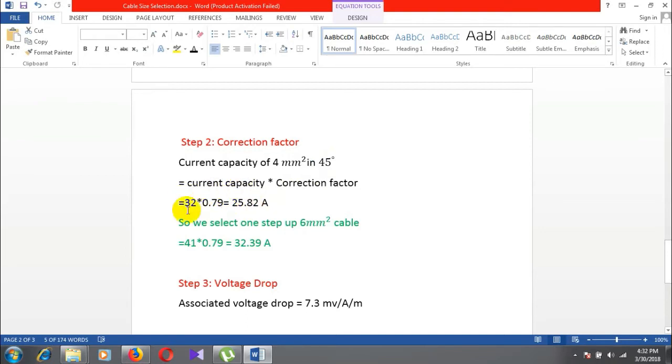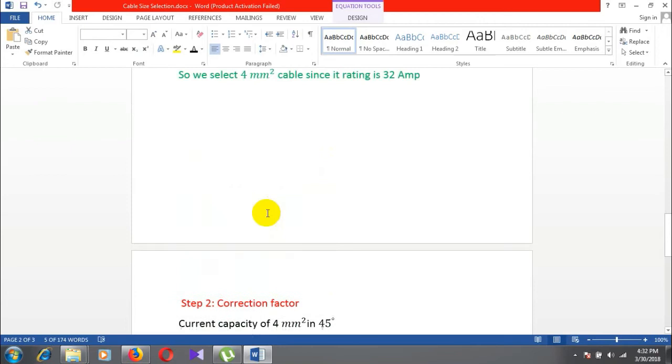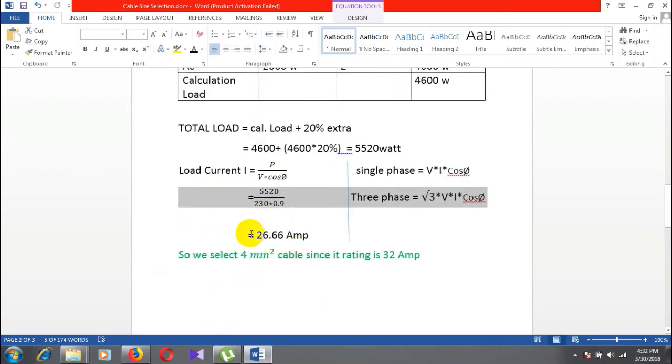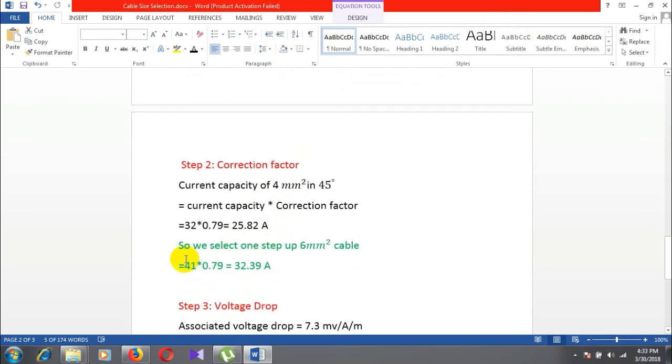Now our current capacity of 4 millimeter square is 25.8 ampere at 45 degrees Celsius, but it is below our required current. For this reason we select one step up,